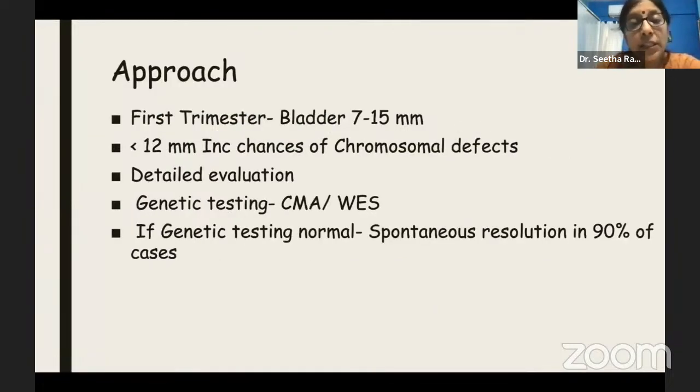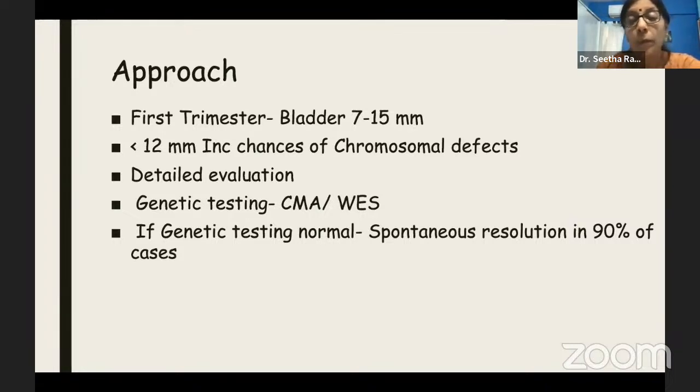So what would be your approach? As I said, it's very easy to diagnose. You have your first trimester scan, your first trimester screening for nuchal screening, where you see the bladder is dilated. Now, if it is less than 12 millimeters, the chances of obstruction are less, but there are increased chances of chromosomal defects. So you have to have a complete detailed evaluation of the fetus from head to toe, as a first trimester anomaly scan. And here it is more important to offer genetic testing as a chromosomal microarray, especially if